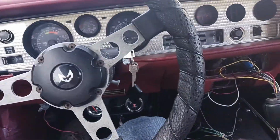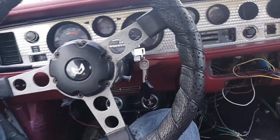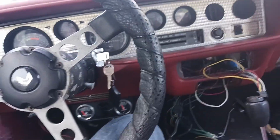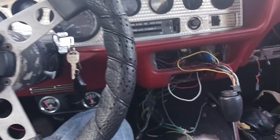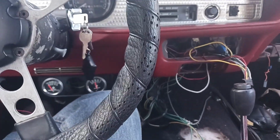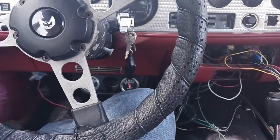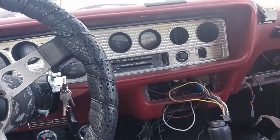I've been dealing with wiring off camera just because, well, it's not really that much fun to watch. It's a lot of scratching your head, backtracking, double checking, checking here, checking there, cleaning up grounds, checking wires, checking continuities, making sure everything works. But